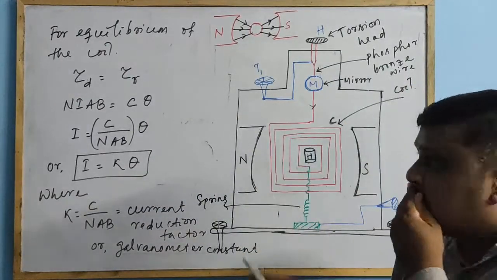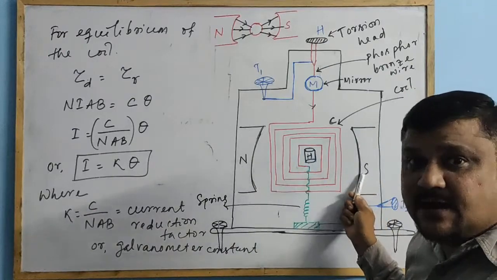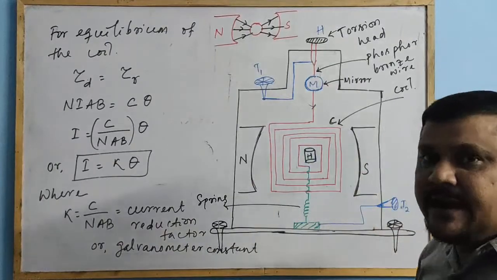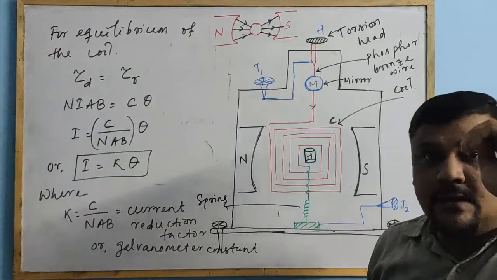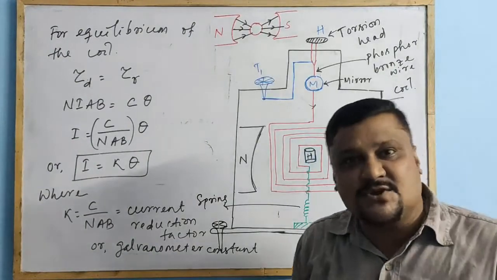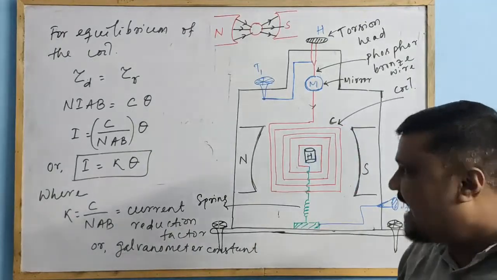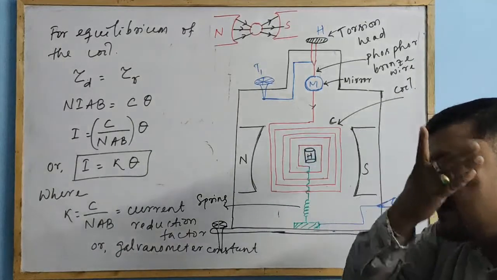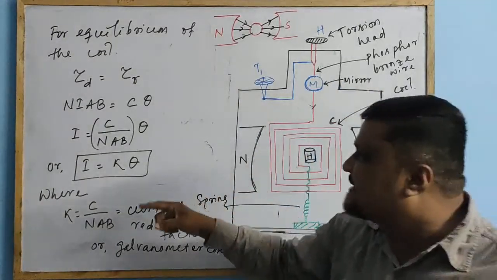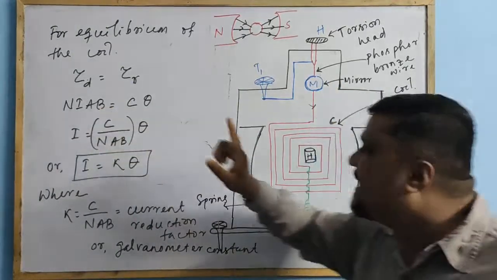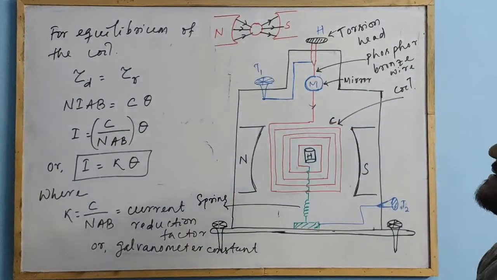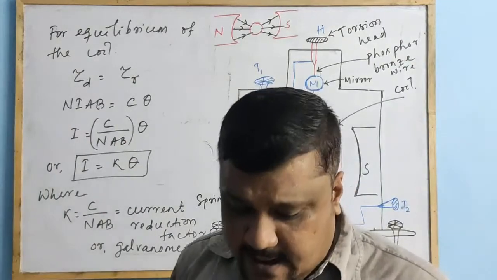The other thing is that the magnet poles are inside that case, with the frame in between, so that it produces a strong magnetic field much greater than the Earth's magnetic field. The Earth's magnetic field could also disturb the whole apparatus, and then you will not get the same B here. This B is the magnetic field produced by the magnets. The Earth's magnetic field influence is neglected. So this is the theory part of your moving coil galvanometer.